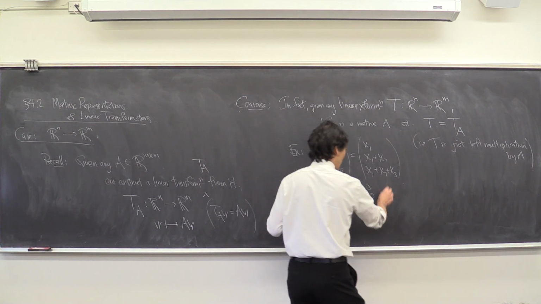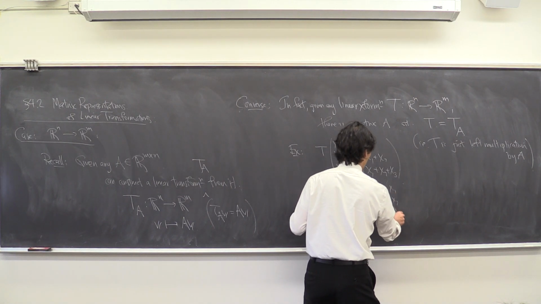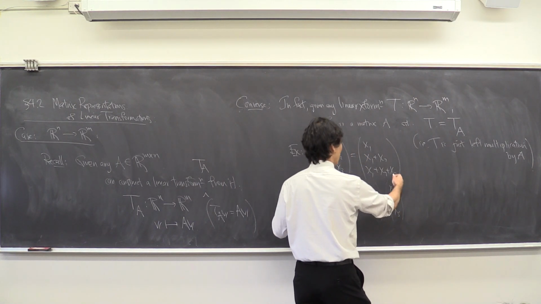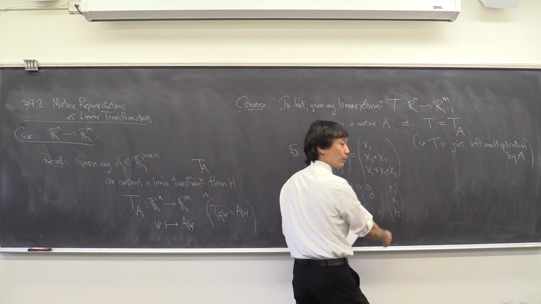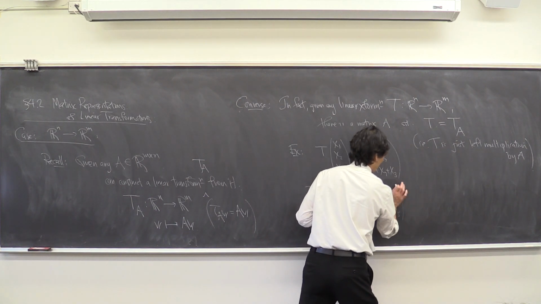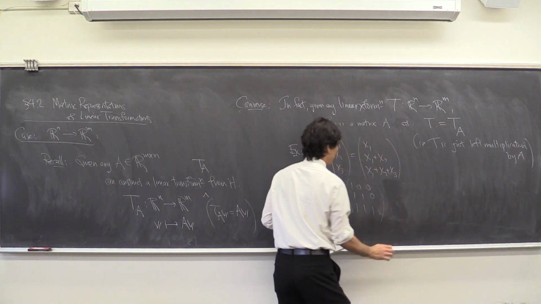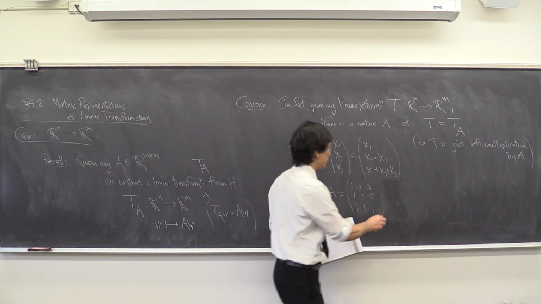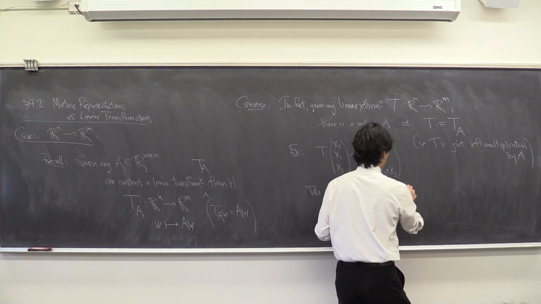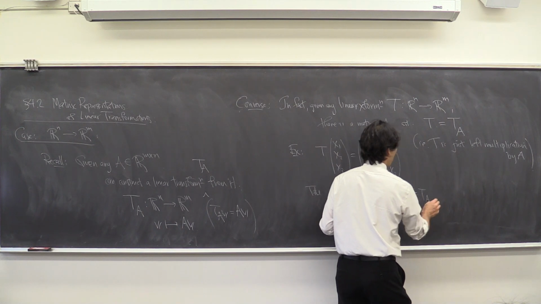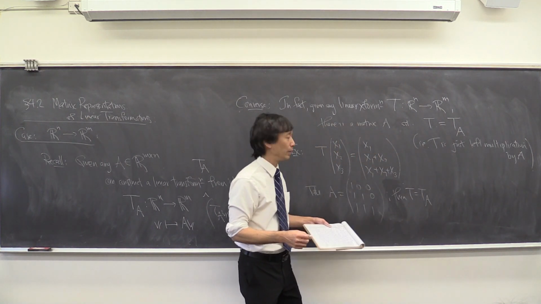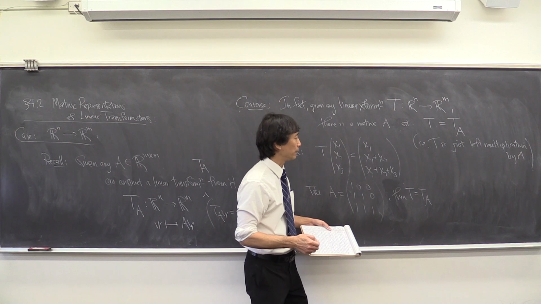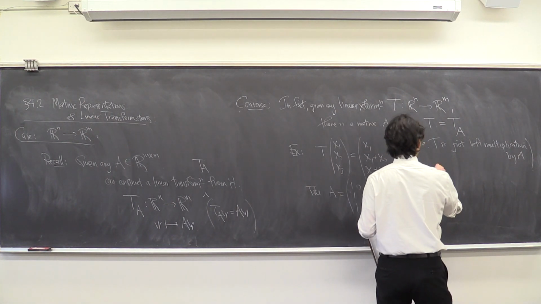Because then when you multiply x1, x2, x3 by it, bam, you get x1, then you get x1 plus x2, x1 plus x2 plus x3. Right? So then T does the same thing as T sub A for this matrix A. Okay. Notice,